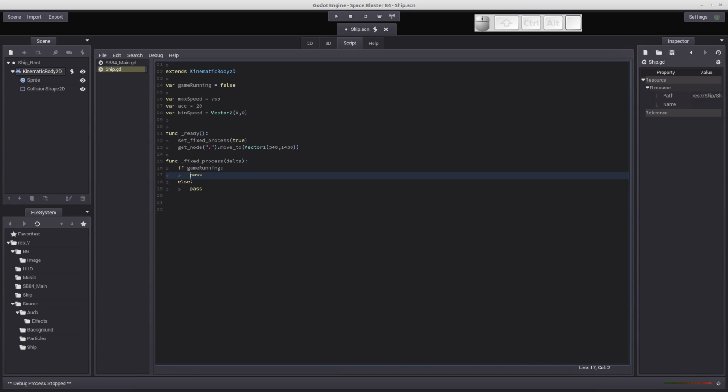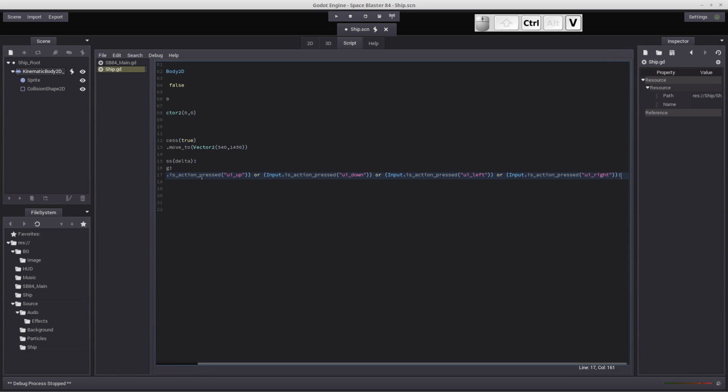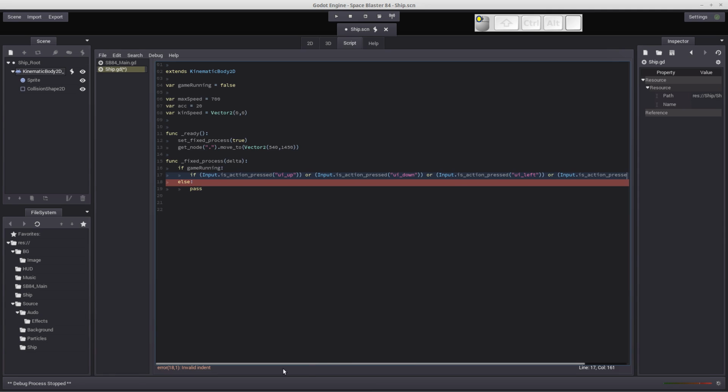The first thing we want to do is check to make sure that we're pressing an arrow key, either up, down, left, or right. So we need to check for something if the game is running, and I'm just going to copy and paste some code in here so you aren't watching me basically type things in. This should speed things up a little bit. So if input action pressed up, or the input action is down, or it's left, or it's right. So I'm checking to see if I've pressed any key, up, down, left, or right. And if I have,